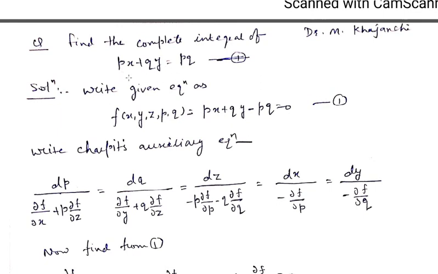First we check whether the given equation is linear or non-linear. As here p and q are in product form, that's why this equation is a non-linear equation. So to solve it we cannot use the Lagrange auxiliary equation. And there are two independent variables x and y, that's why we will use Charpit's method here. So very first we write all terms in the left hand part, so it becomes px plus qy minus pq, taking pq to the left hand side, and in the right hand part there is 0 only. So px plus qy minus pq equals 0, we denote it as f.